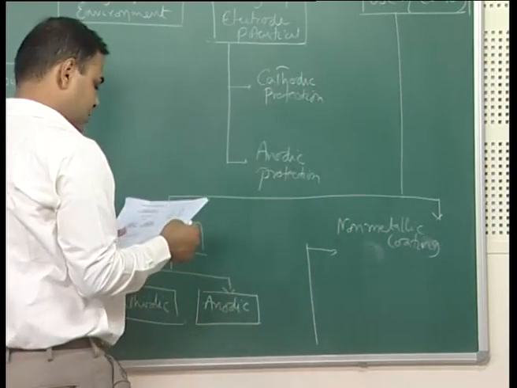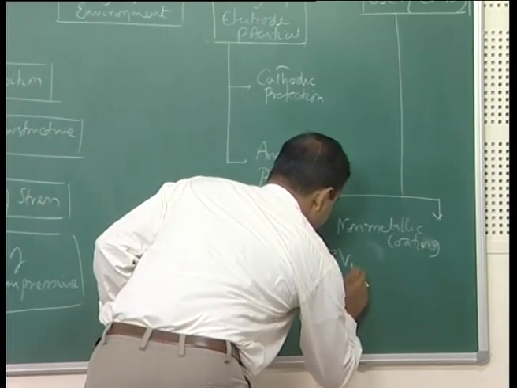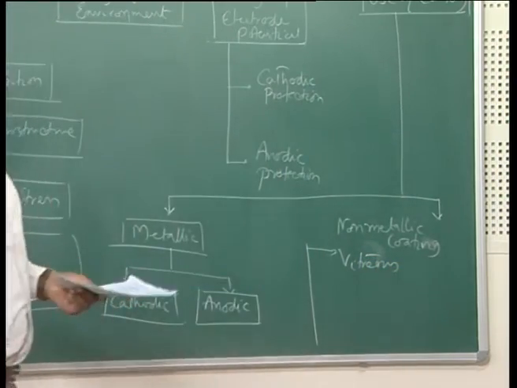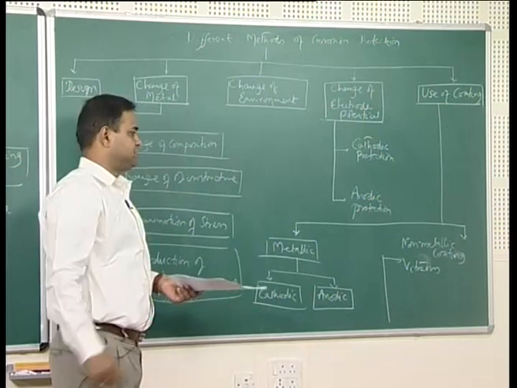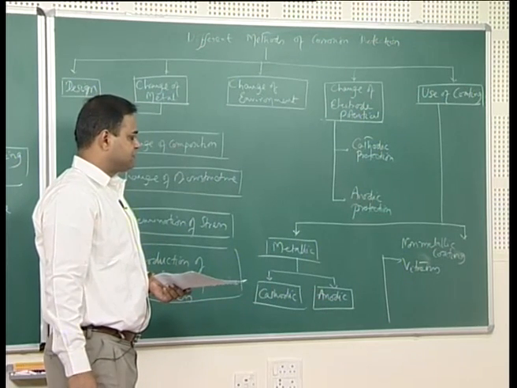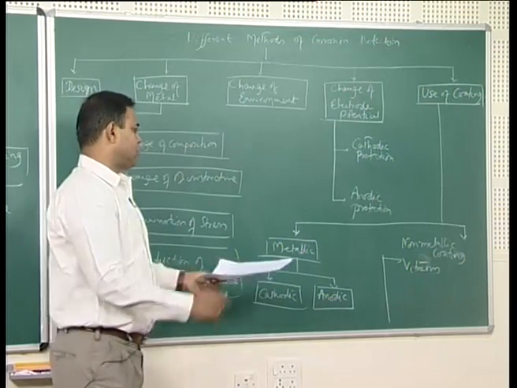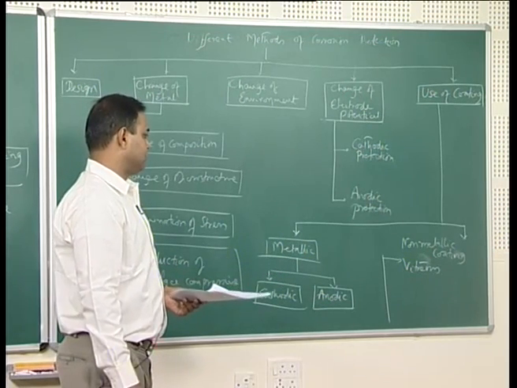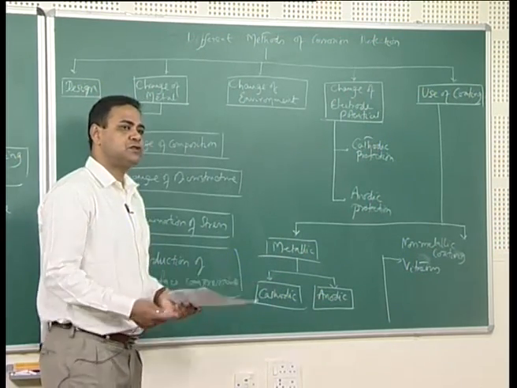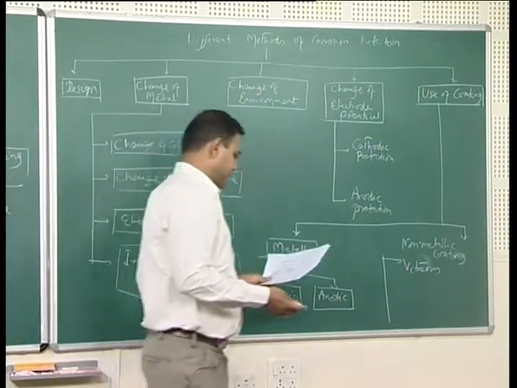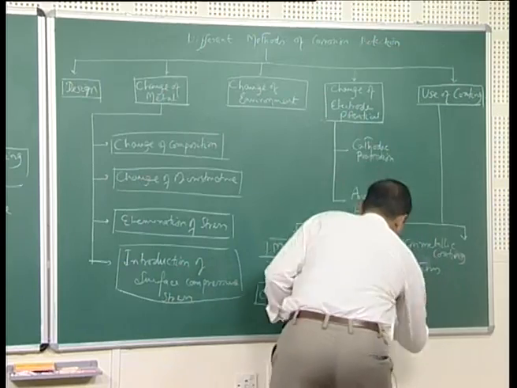One is vitreous coating. Vitreous coating is a sort of amorphous coating on the material, and since amorphous material does not have any grain boundary, it gives automatic protection against corrosion, because the grain boundary regions are the regions which are vulnerable to corrosion attack. Then you have cement,